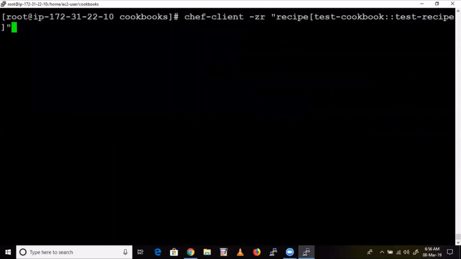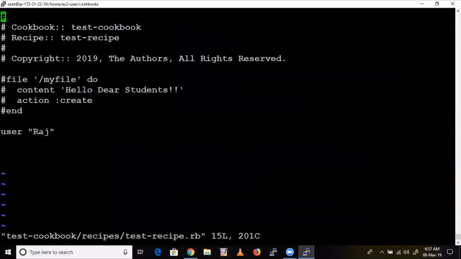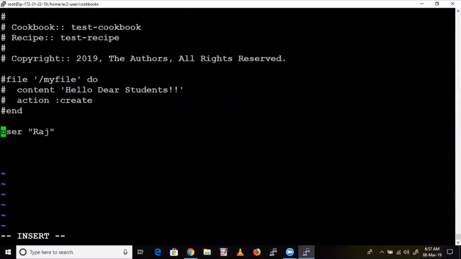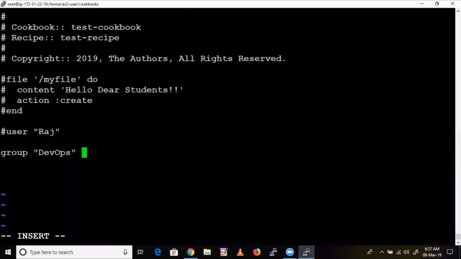For example, you want to create a group. How to create a group? So the user is already there, so let's comment that out. Now I want to create a group. So same, group name, for example, DevOps group. Do the same here.